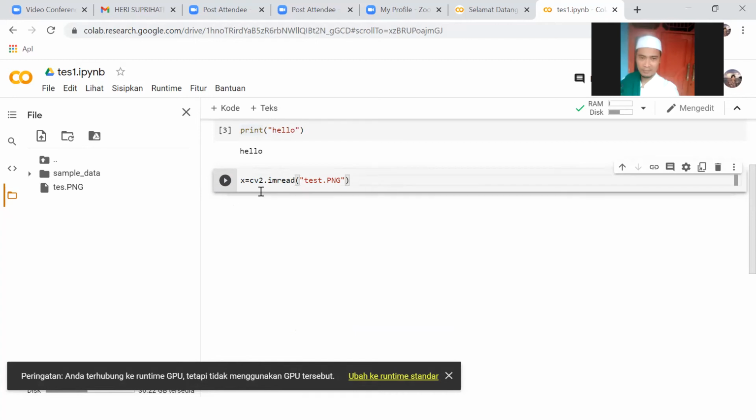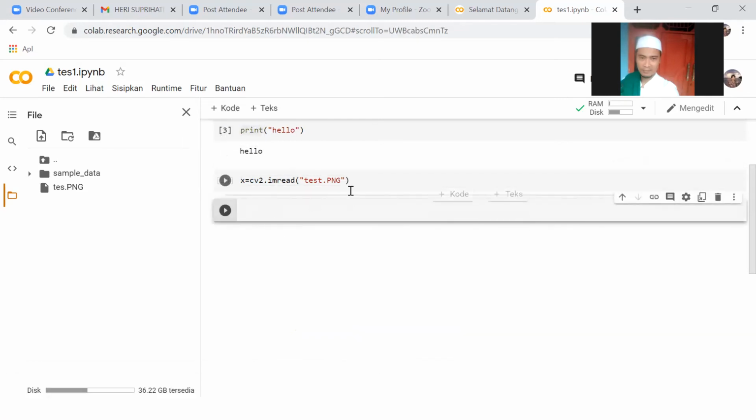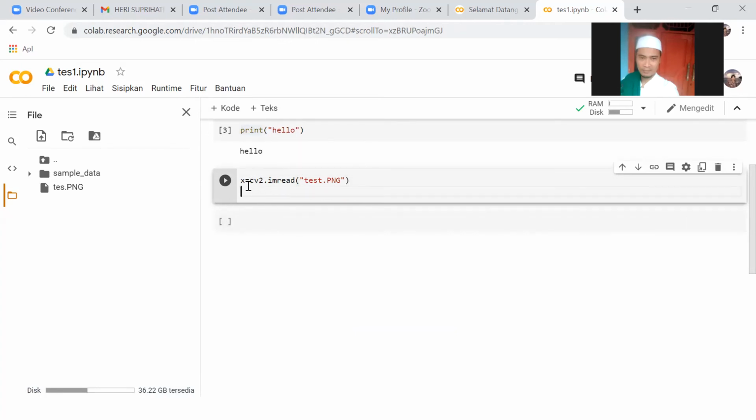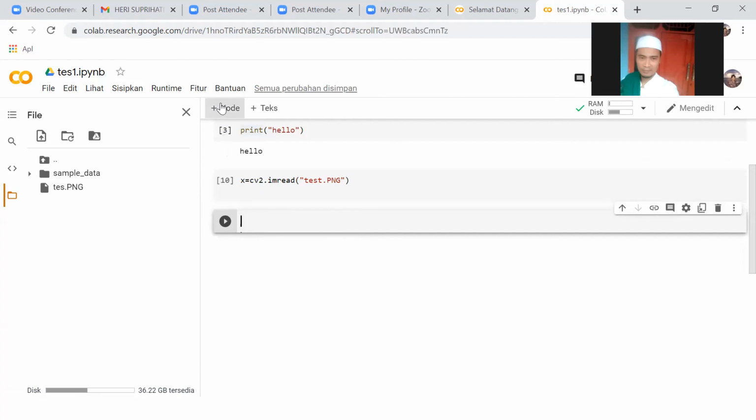For example, we want to separate another code from this. We just add code here. Of course, we can also use behind here, but I have to run this at the same time. But if you want to separate, we can use this another cell. For example, I want to see the image using imshow, but in this Google Colab, imshow is not ready.